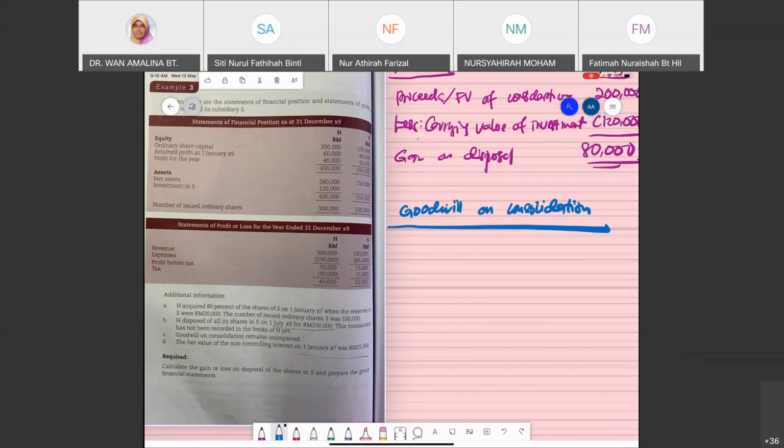Yang ni nampak tak ni? Under 17.2, page 624. Do you get it? Can you find it from your textbook? Jumpa tak saya? Jumpa okay. So in a business combination, the parent will compute the goodwill on consolidation. Biasalah. Bila business combination, upon acquiring control, the goodwill will be calculated. It could be partial or full depending on the parent's accounting policy.